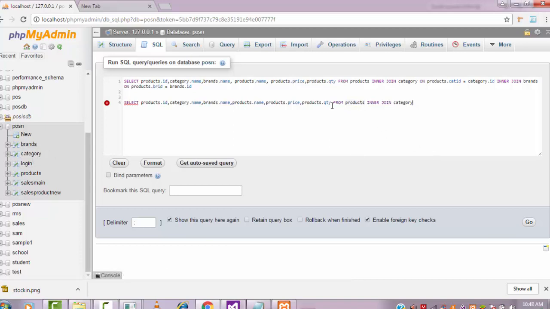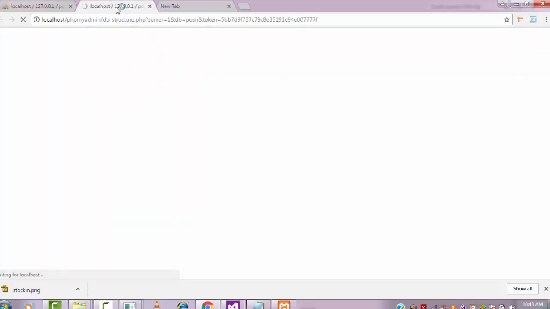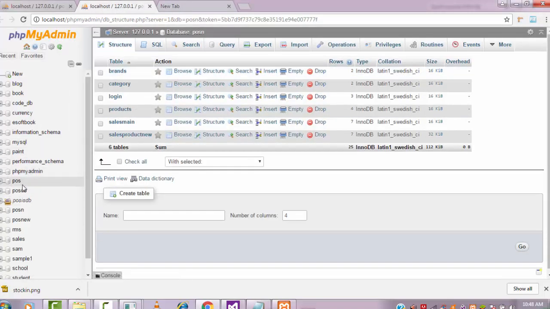Here from products inner join category on how to join the category table from the product table, on product ID. Here I will open another one, then we will easily understand.